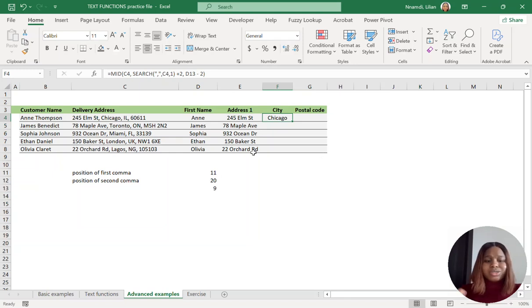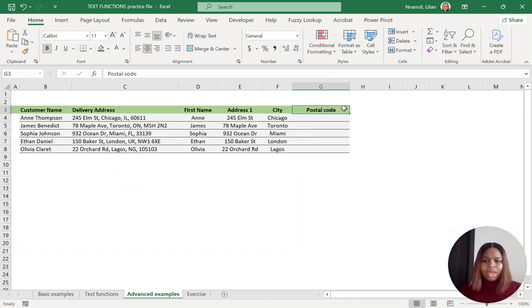So this is the formula broken down. And I'm going to write out the formula all together without breaking it down in a moment. So this is the full formula without breaking it down, right? And with this, I can then drag down this formula to give me the city for all of the records,